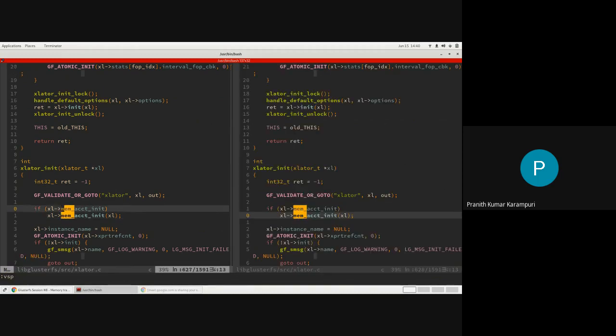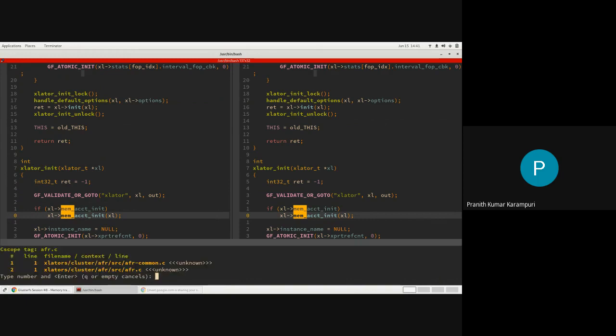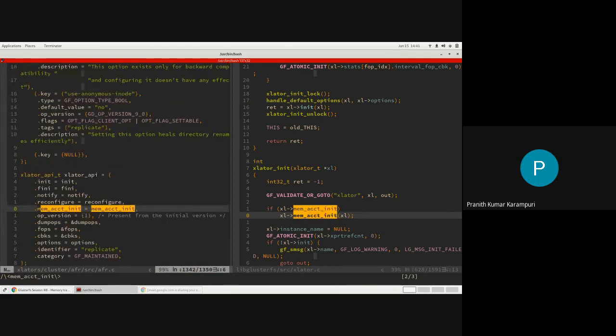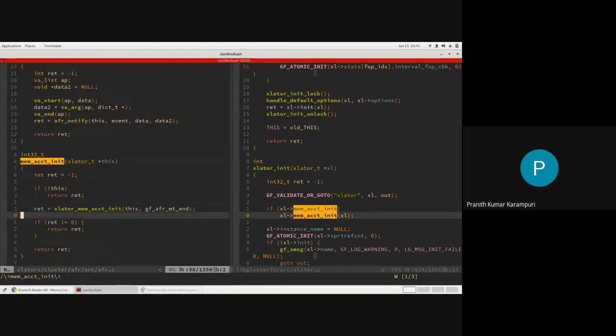So when Xlator init gets called is something that we covered in one of the earlier sessions, I think. When the graph gets loaded, when the volfile-based graph is getting loaded, it will create these translators and init will be called on them. So let's look at the .c file, which has this memory accounting. Okay, so this is the function pointer that it is registering.